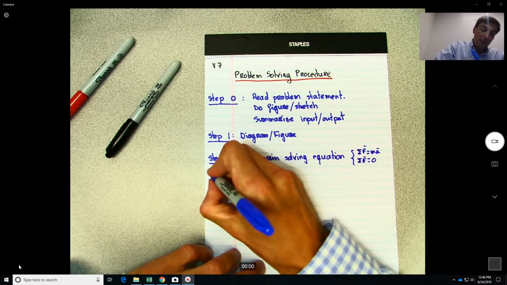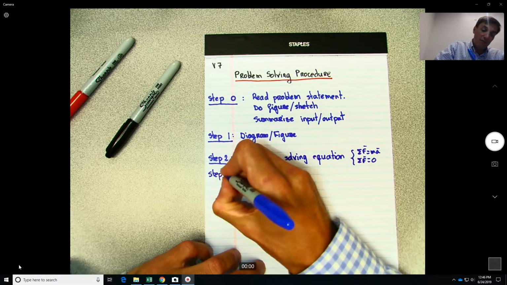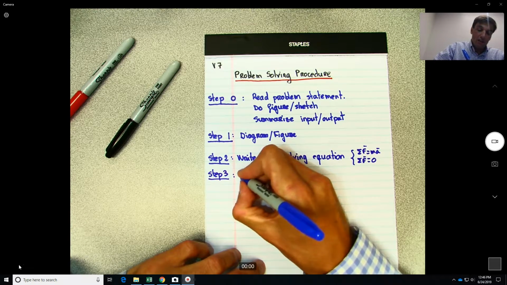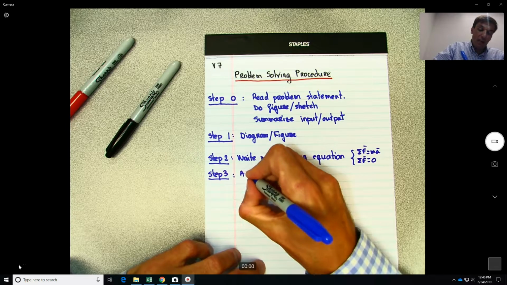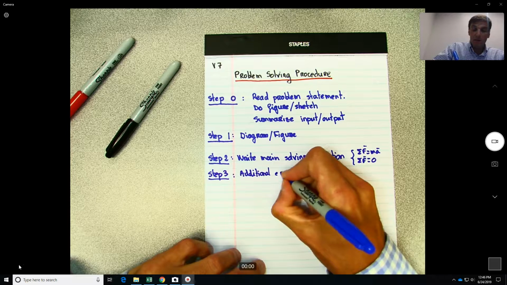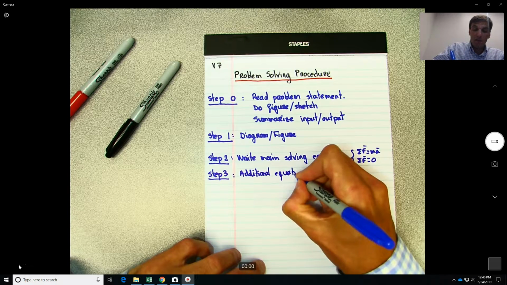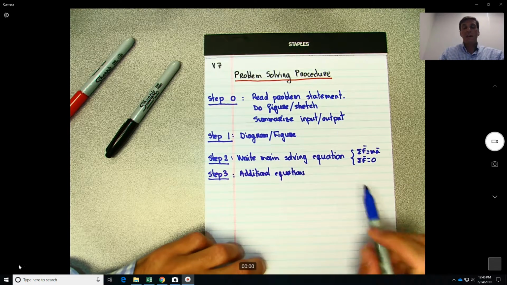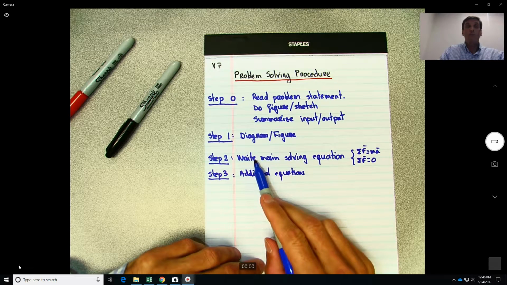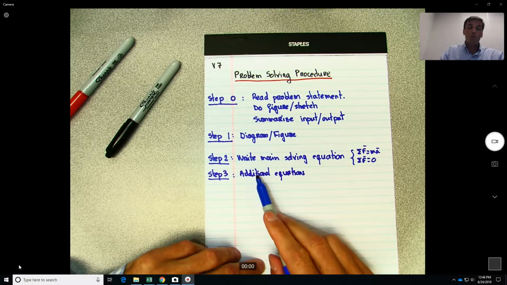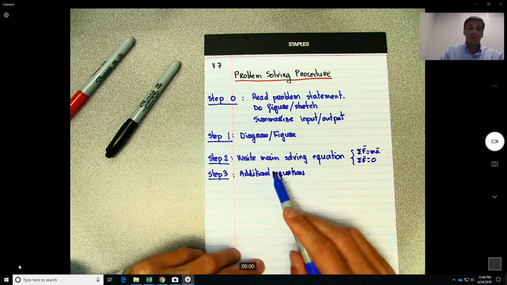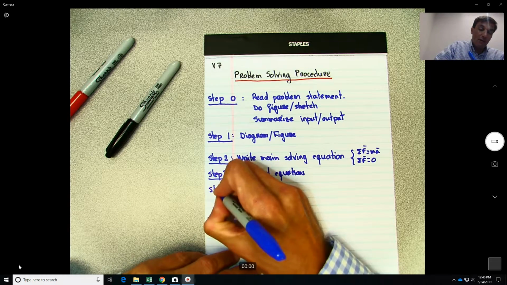Step 3, that one is not always needed. Okay, this will be additional equations. So basically, if you are not able to solve the problem after step number 2, you probably need to find additional information about the problem. You go to step 3, and then you stay in this step until you have enough information to go to the last step,